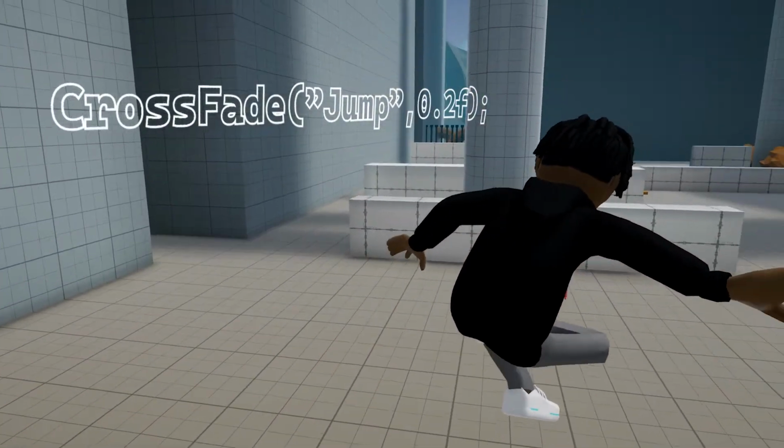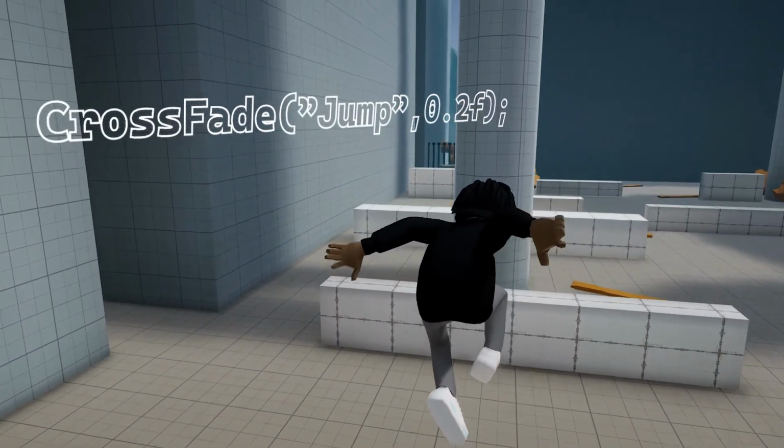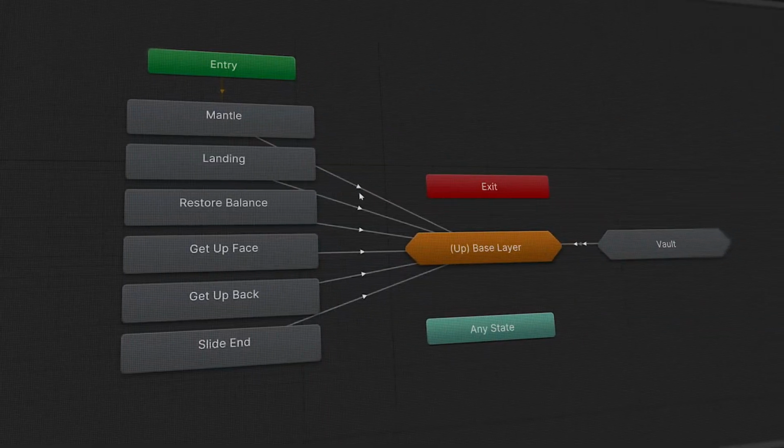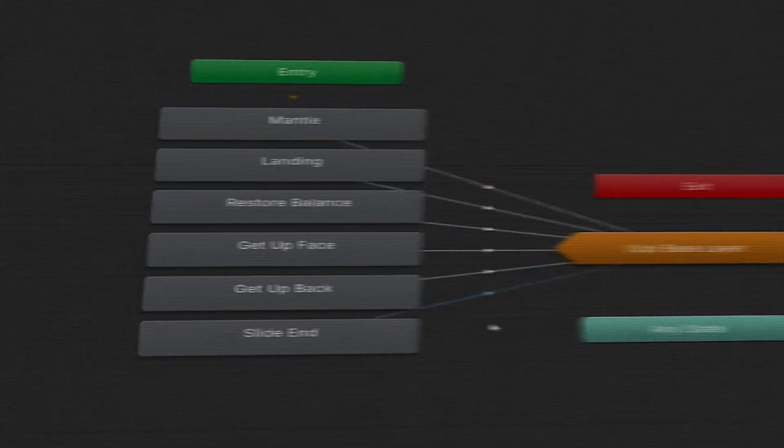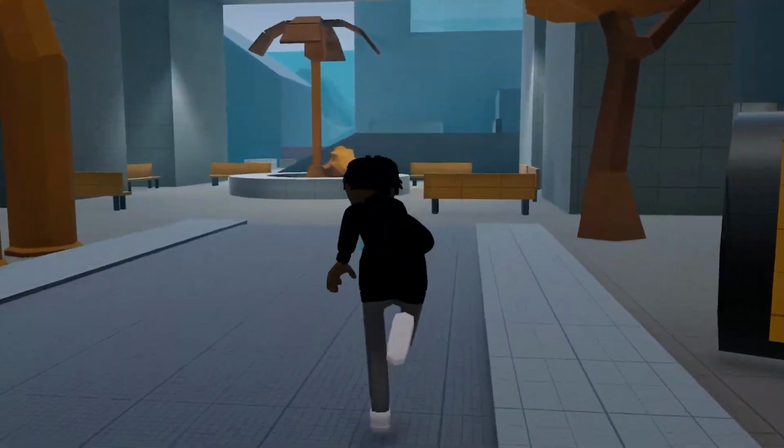Transition webs are still very useful, you just need to know when to use them. I mostly use them for transitioning out of one-shot animations and I don't put any conditions on them. And the final thing you need to know is,